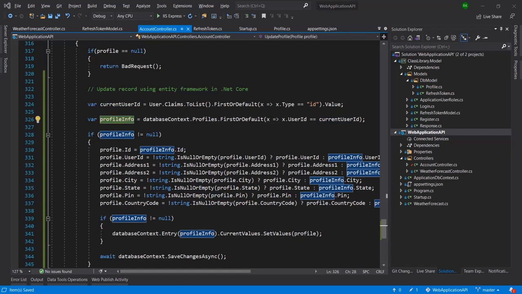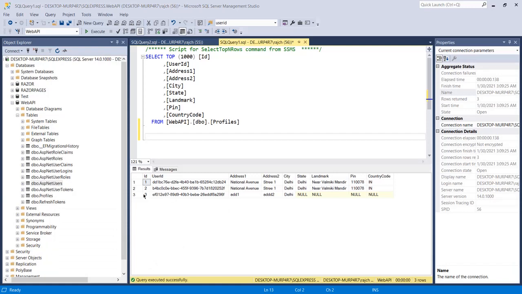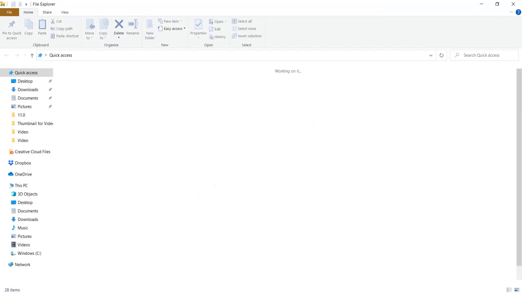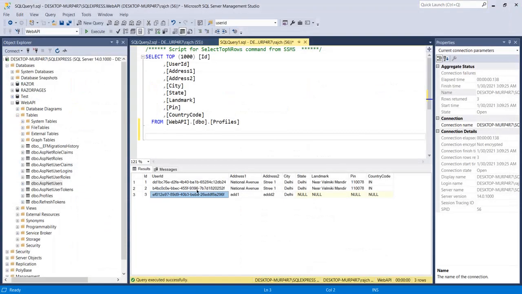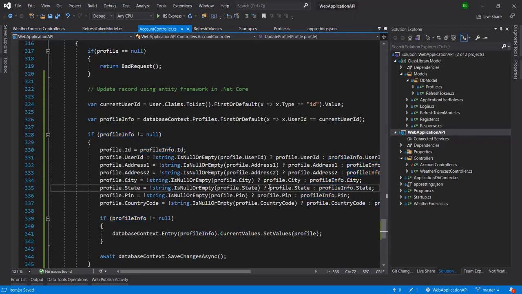Let me show you the database. Suppose we want to change the value of this row, then it will be updated with any value. Suppose we have the values of state, landmark, pin and country code as null, and we want to update them. So what we will do is